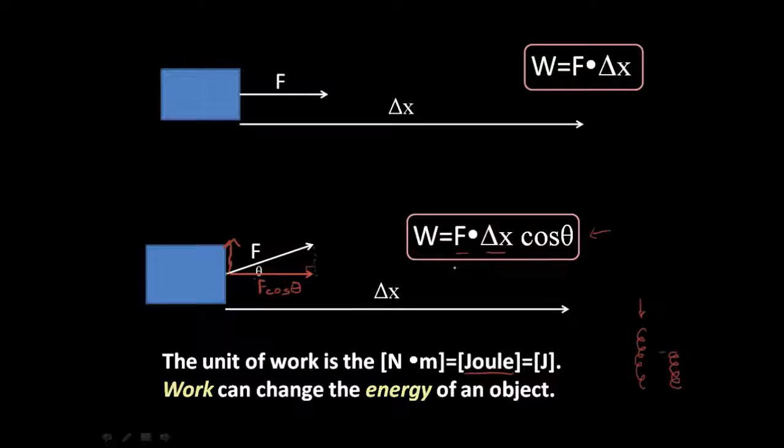One last thing. Let's take a look back here at the formula. Don't forget that when you have a formula with 3 variables, or in this case 4 variables, as long as you know all the variables but one, you can always solve for the remaining variable. So if you're given the work and the force and the displacement, you can find the angle. If you're given the displacement, the angle, and the work, you can find the force. Next time around, we'll talk a little bit more about energy. See you then.